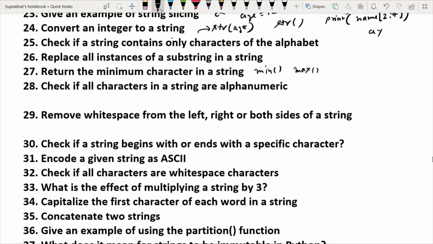How will we check if a string begins or ends with a specific character? We have special methods, startswith and endswith, that will check.